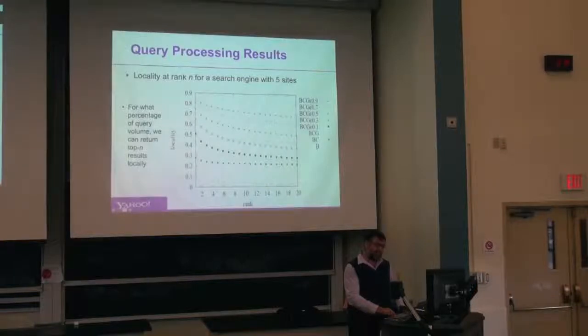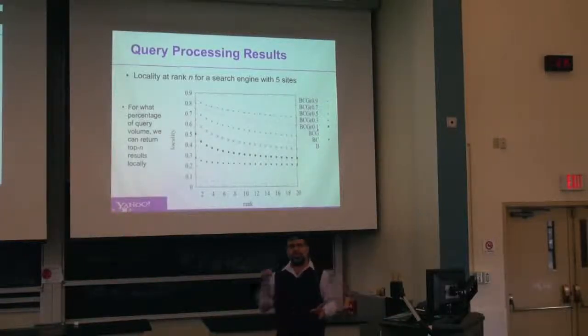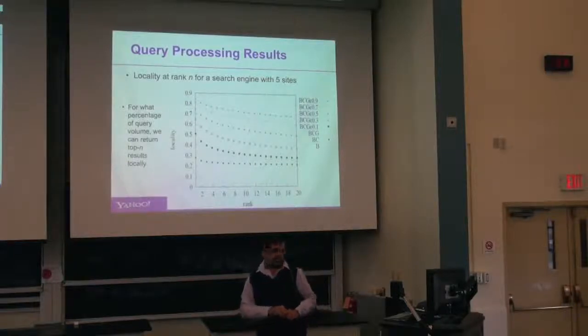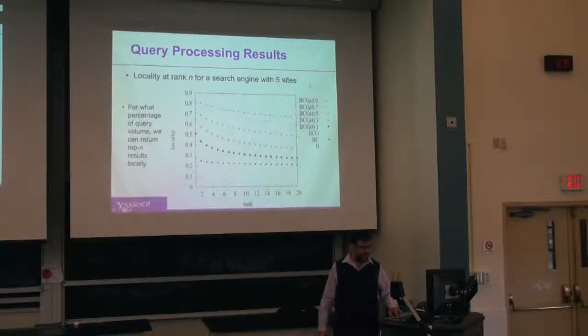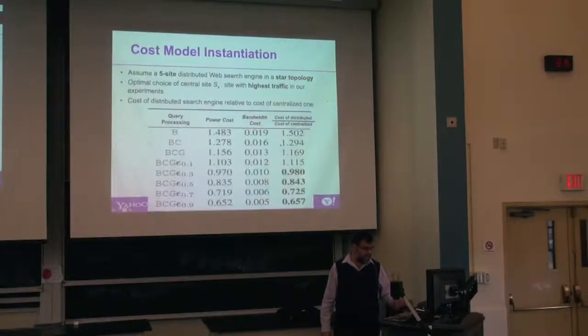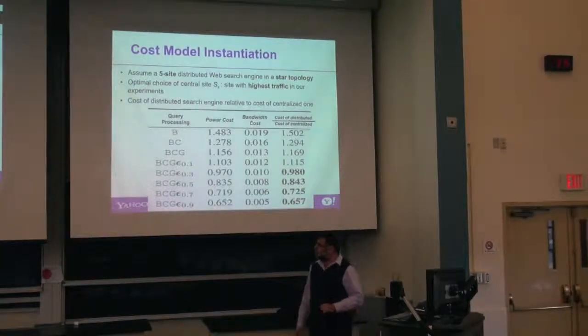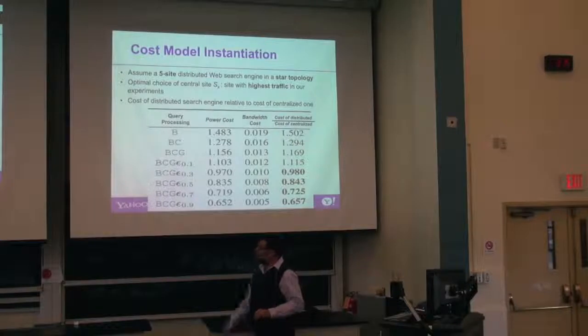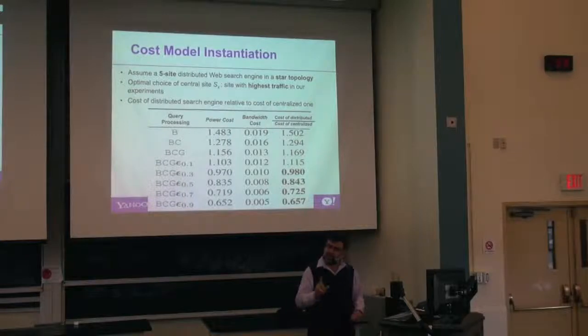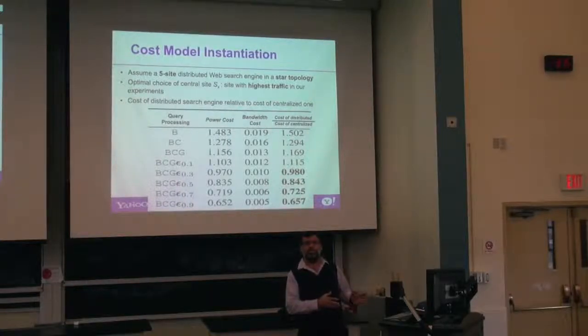So this is the basic one with caching and document replication, losing a little bit of the precision of the search engine. Here, what one means is I will allow the search engine to give one result different from the centralized architecture. And you can go all the way to a completely different search engine. But you see that's how locality changed. And the good thing is that with, say, 20% difference, that doesn't mean 20% loss of precision because maybe the answers are still good.